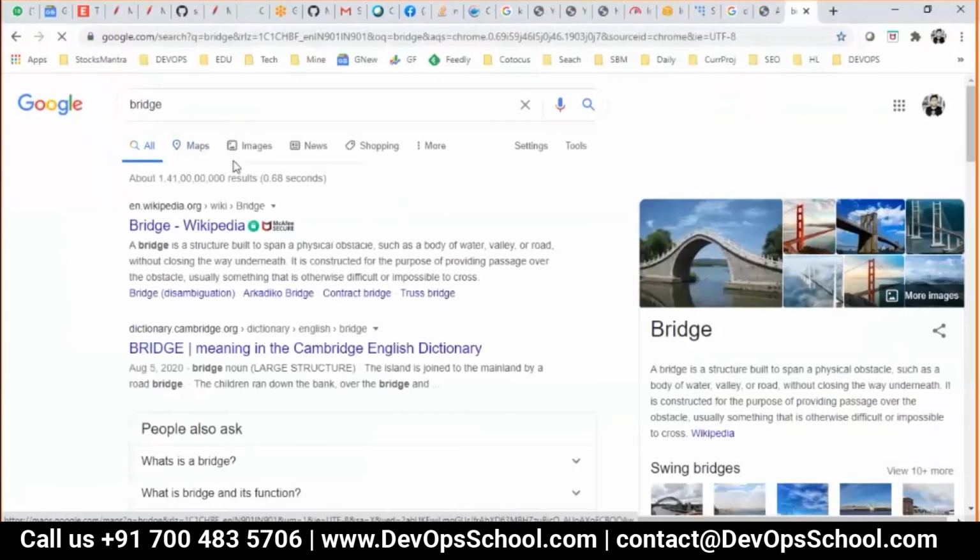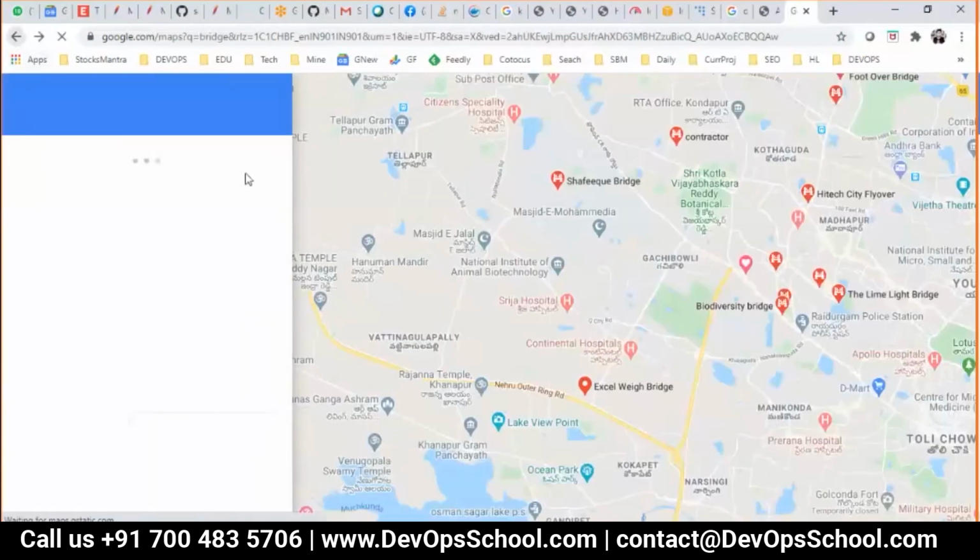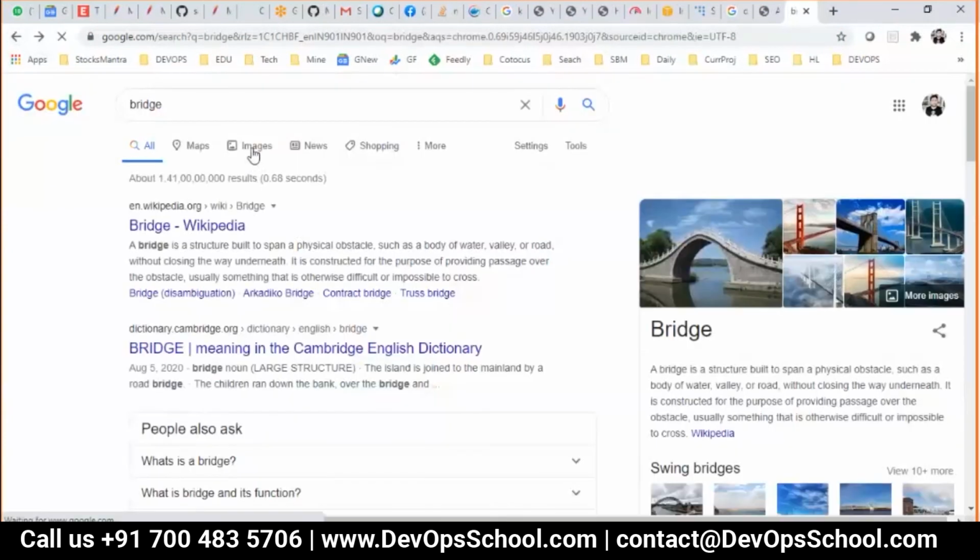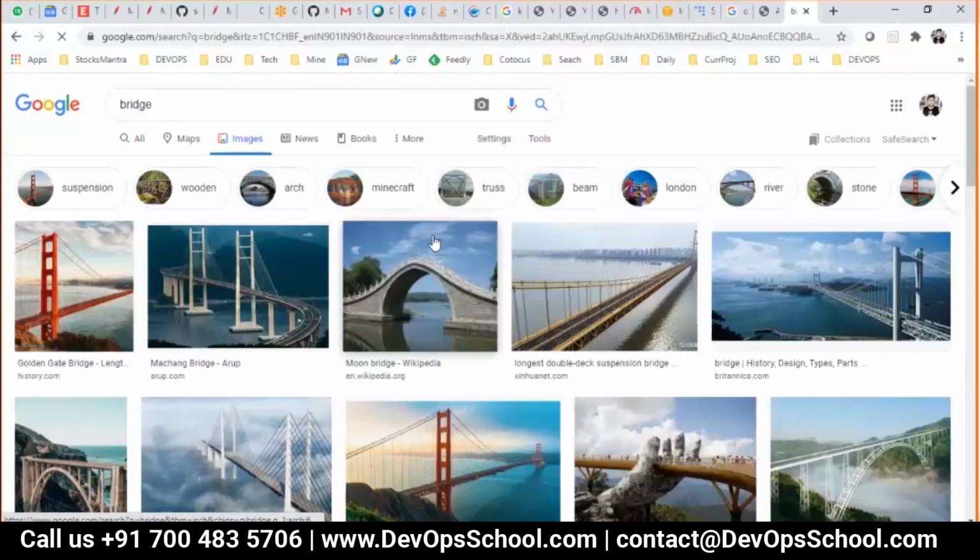What is this bridge doing? Connecting one place to another. Connecting two land masses, connecting two worlds, right? So here, this is a bridge.